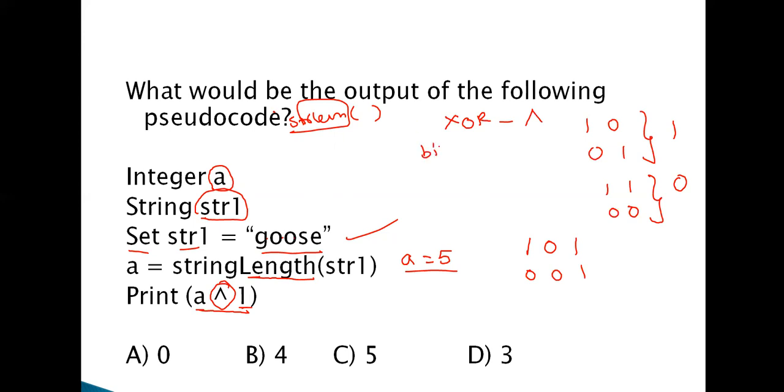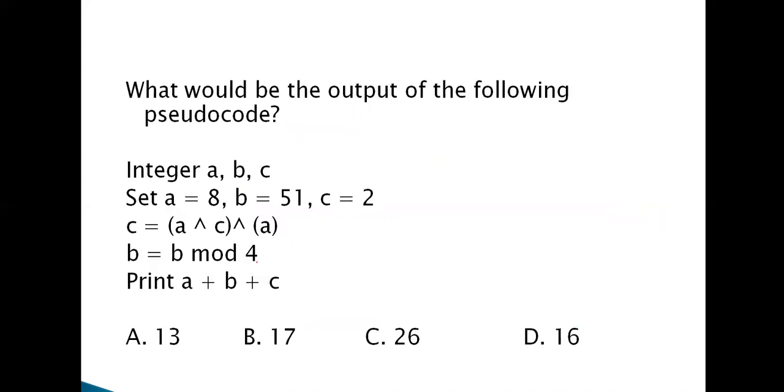XOR is a bitwise operator. What is the property? Every number is converted into binary and the operation is performed bit by bit, and the result is given again in decimal representation. 1 and 1, 0. 0 and 0, 0. 1 and 0, both are different, one. So what is the decimal representation for 100? 4. So we got it. Simple scenario. Now, again, the same example with some modification.